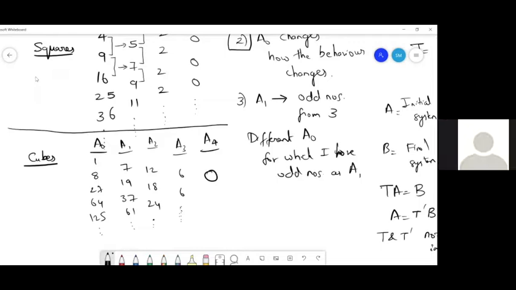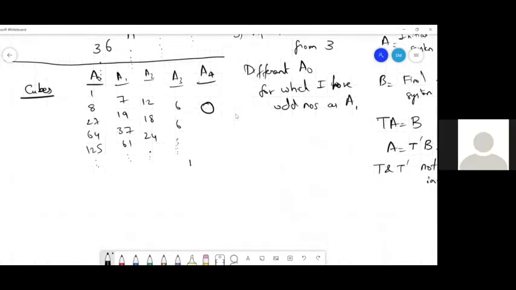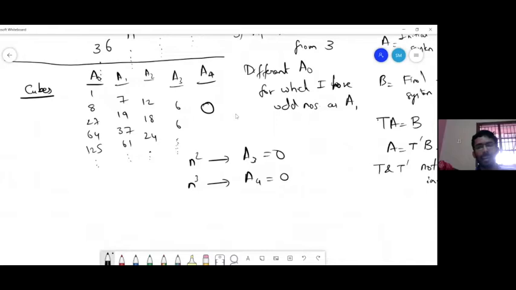You mean to say for fourth power, fifth power, we have to check. Yes. Here in the earlier case, we got A3 as 0. Here the A4 sequence is 0. So we have to check if the A5 sequence becomes 0 for fourth powers. Excellent. So that is your prediction.